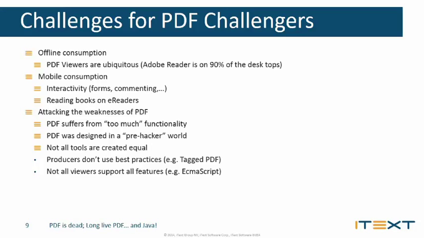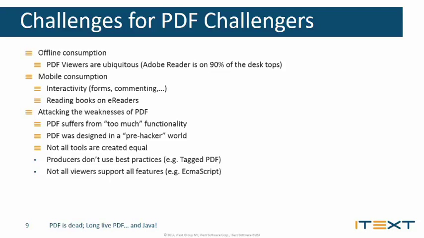So PDF, if you saw the spec that was Torrent 2, that was only 1,000 pages. They no longer print the spec, but if you would look at the ISO standard, then you already have 1,200 pages, and you need all these extra technical specifications that are written on top of PDF. PDF was also designed in a pre-hacker world, so once in a while we hear about vulnerabilities in PDF, where a PDF is exploited and can do malicious things on your computer, so that's one of the weaknesses.